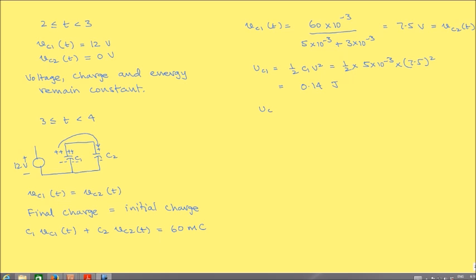Similarly, the energy stored on capacitor C2 will be half C2 V squared, and this value, if you calculate, will turn out to be 0.0844 joules. Next, consider the total energy stored on both the capacitors, which will give us